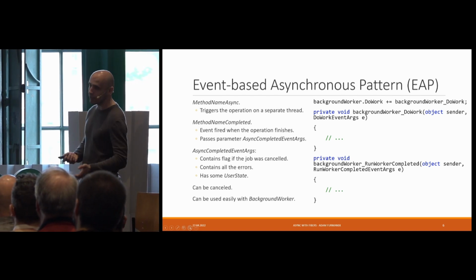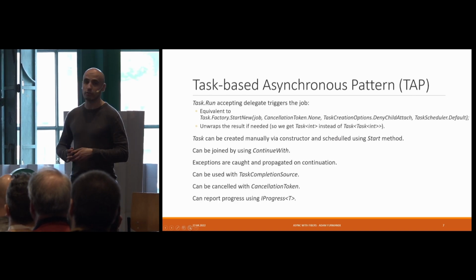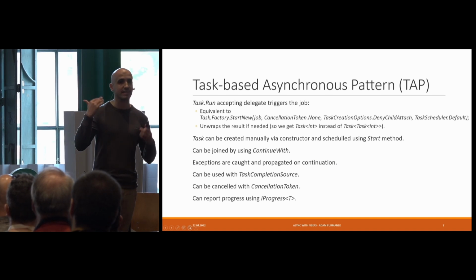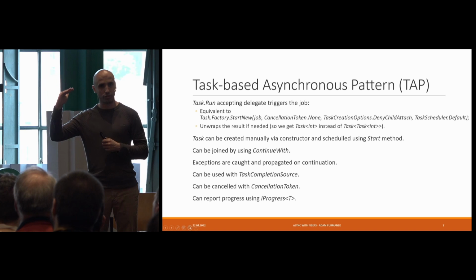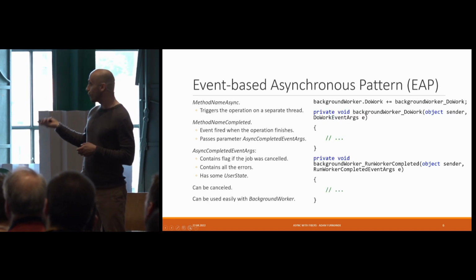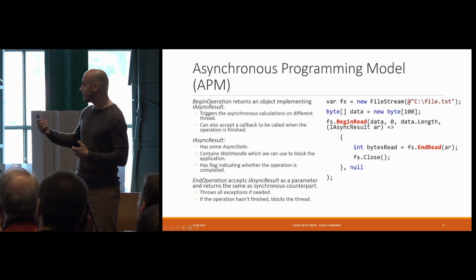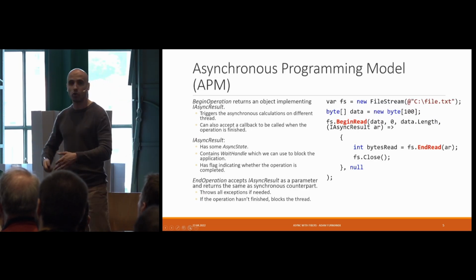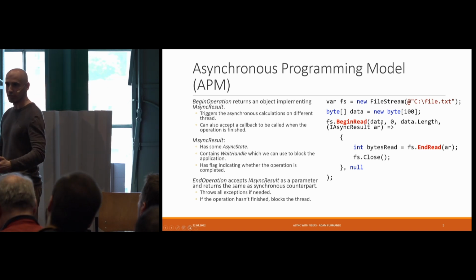Obviously, it could be configured, canceled, and all that stuff we would expect from a decent mechanism to support. The problem with both mechanisms was that they did not necessarily allow us to structure the code in the linear way. Like here in this EAP, we had to provide this callback. Similarly, here in this end read thingy, we also had those callbacks which were executed when things were done.